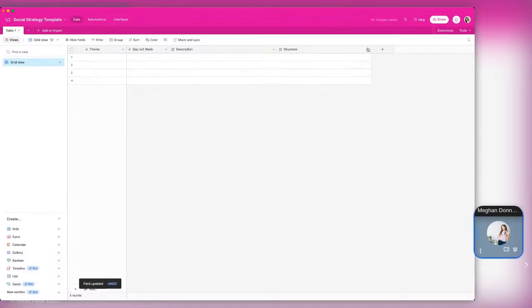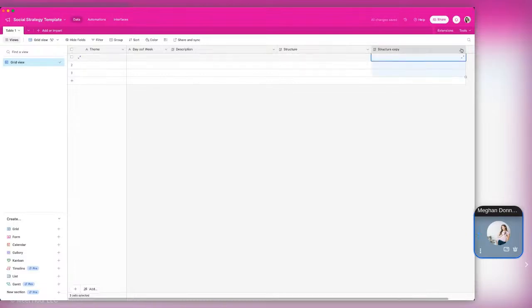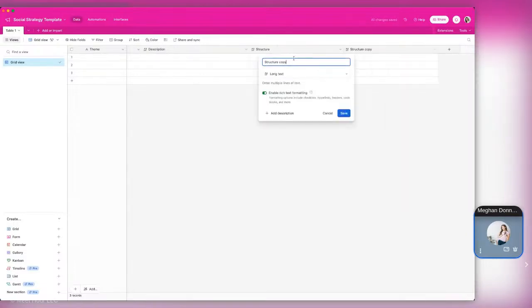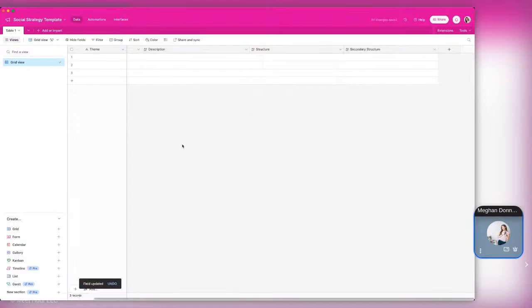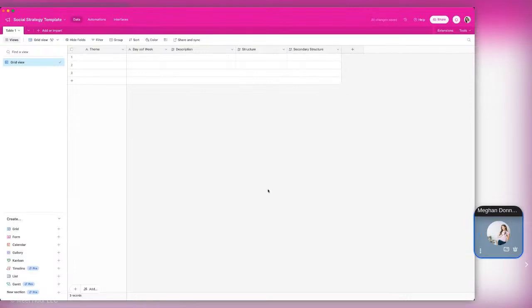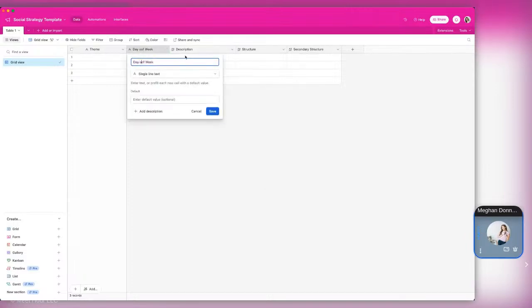Now, when you do this, you can just do this drop down and duplicate the field as well. And then you just go in and you rename it. Okay, so there you go. You got your theme, you got your day of the week, you got your description, you got your structure, and you got your secondary structure. Okay, now from here, this is where you're going to start putting in your own